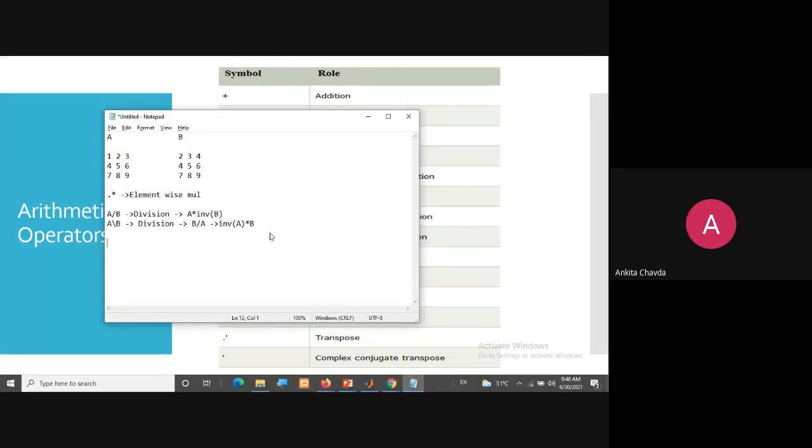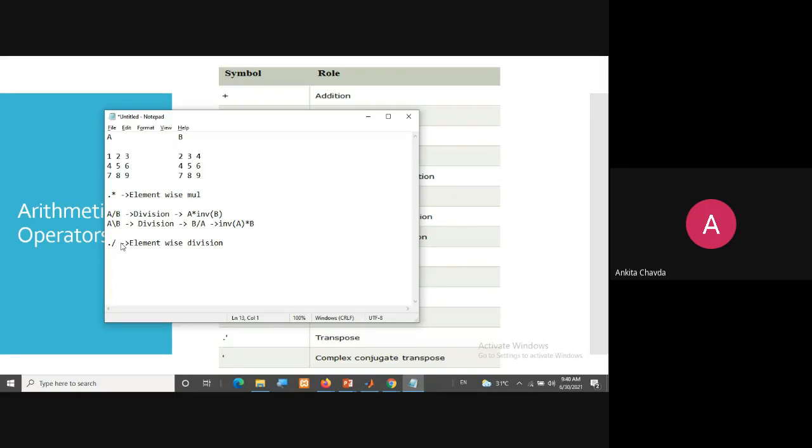But if you are doing element wise, it means what? 1 divided by 2, then 2 divided by 3, this 3 divided by 4, and so on. And if I use dot and division, it is element wise division.